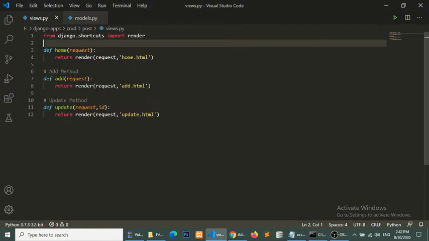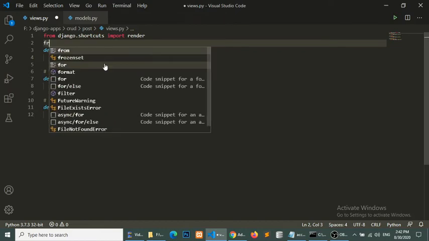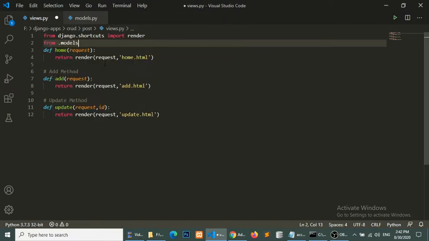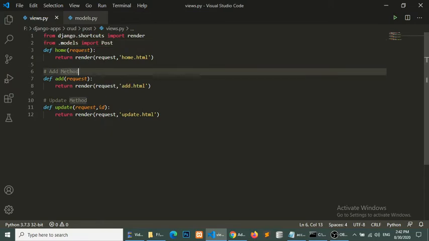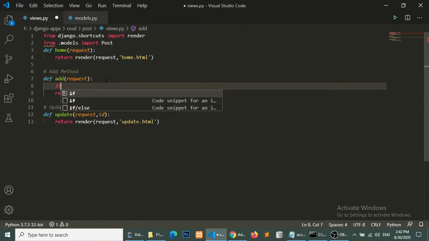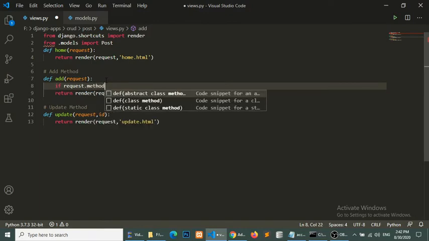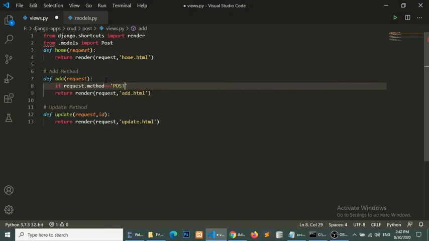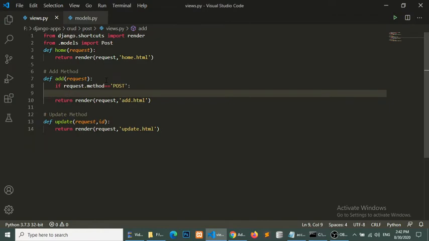Now we will import the post model in our views file, from .models import Post, and in the add method we will check if request.method equal to POST, then we will perform the operation.